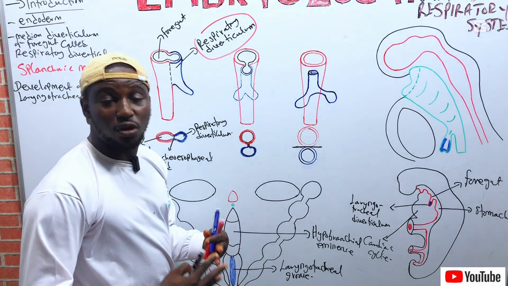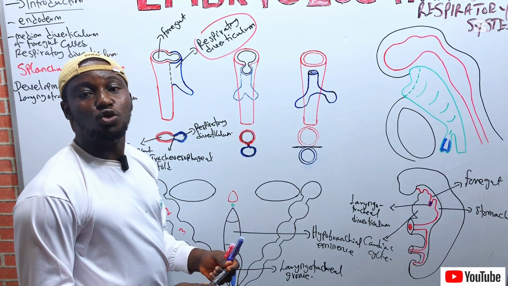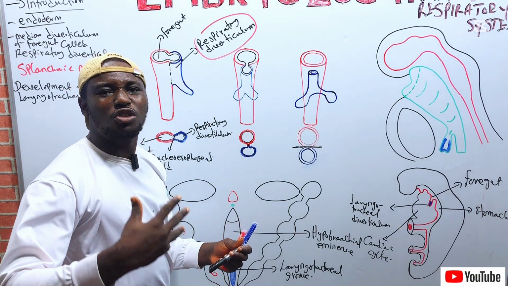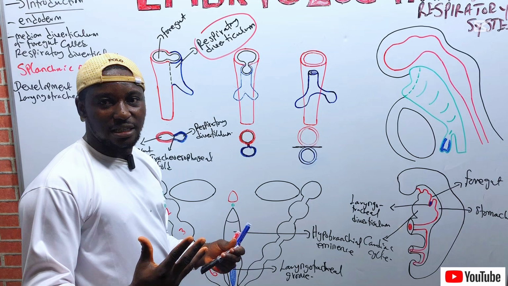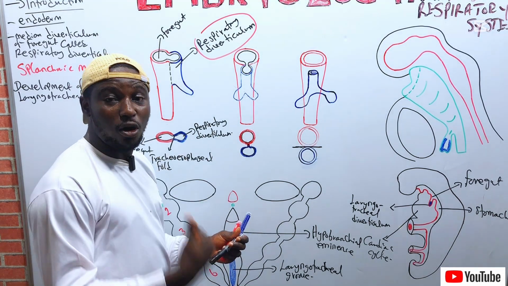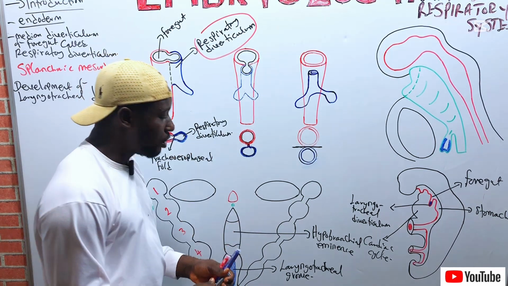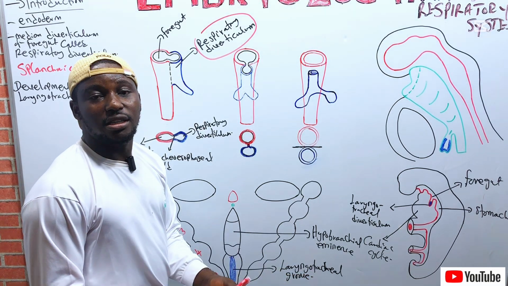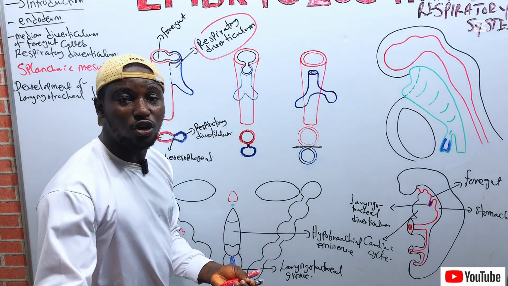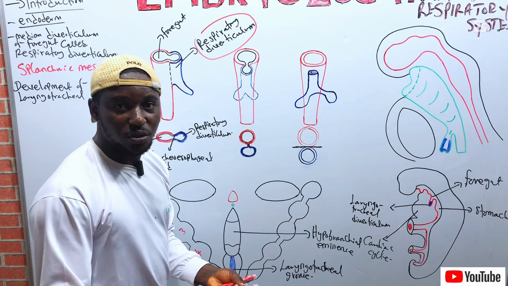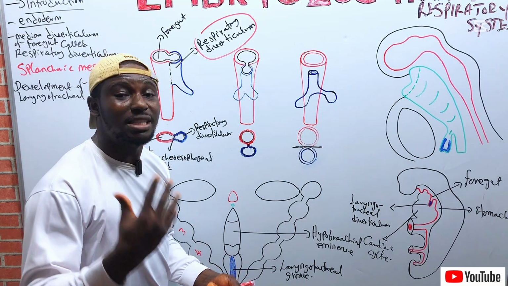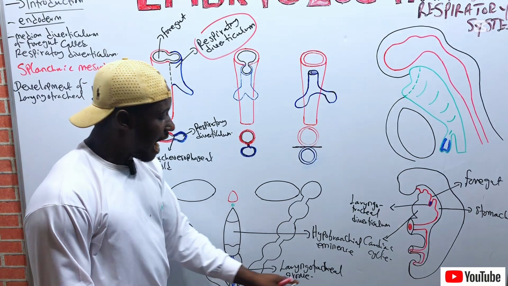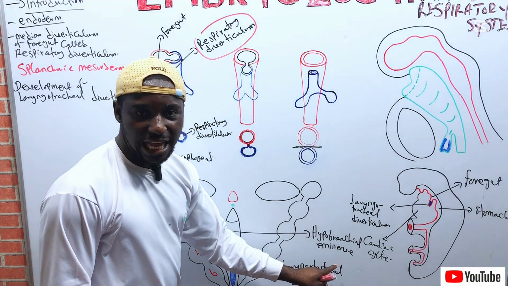It is a structure that is usually seen towards the primitive pharynx. That is the caudal aspect of it, towards the down aspect of it, right? Because the laryngotracheal groove is found on the endodermal lining on the floor of the primitive pharynx, caudal, that is below, to the hypobranchial eminence,